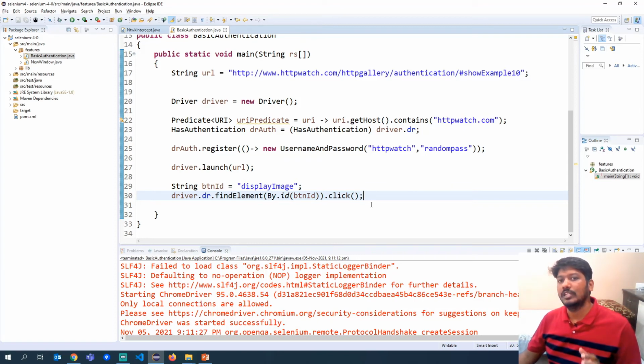So in order to demonstrate that to you, I am adding that little wait here so that you will see that without even entering the username and password, it will automatically not show the pop-up, and then it will show the image directly. Okay, so let me add that small wait here.